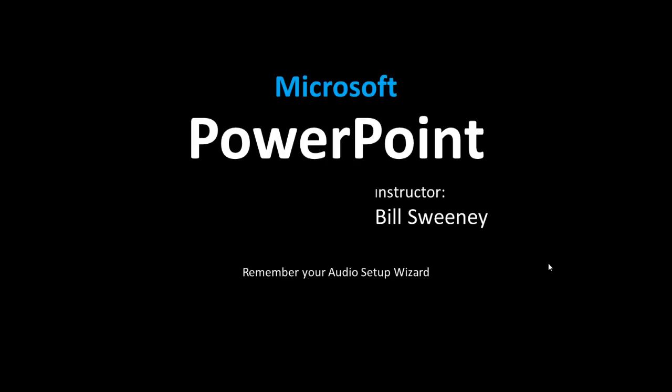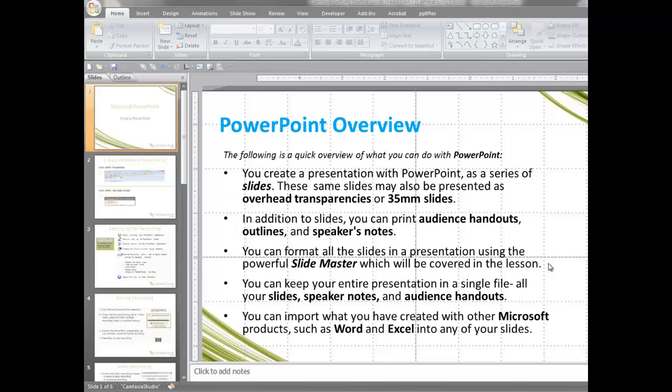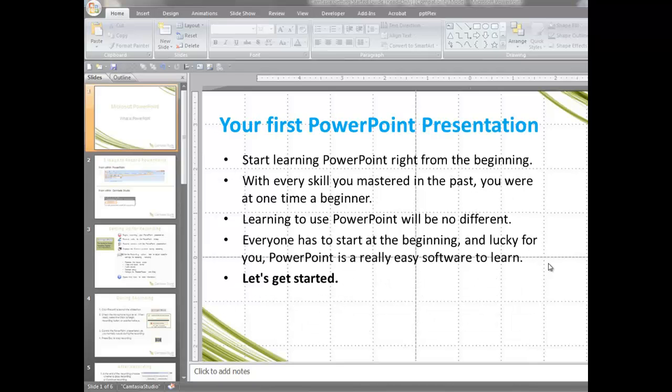It's basically a black screen when you come into the room. When I want to begin my slideshow, the presenter, myself, whoever, clicks say the space bar, and your first slide comes up. And you talk about the show. This is Microsoft PowerPoint. I'm the instructor. Remember to use your audio setup wizard, whatever instructions you want to give prior to the show beginning. When you're ready to move on to the next slide, you click on the space bar and you move to the next slide,